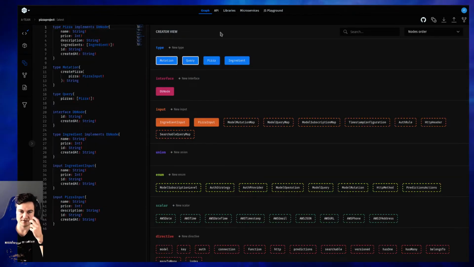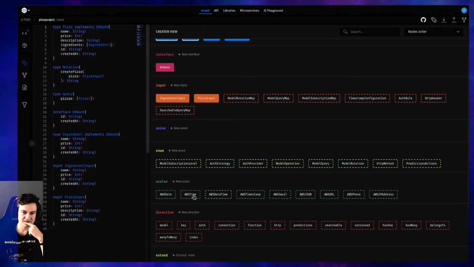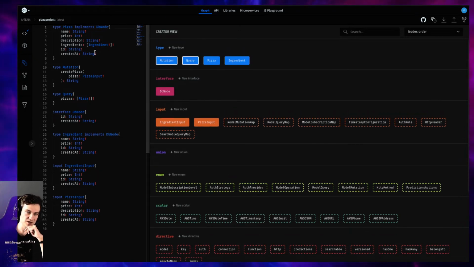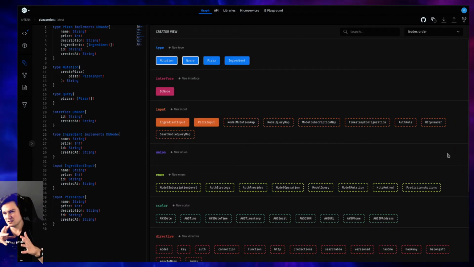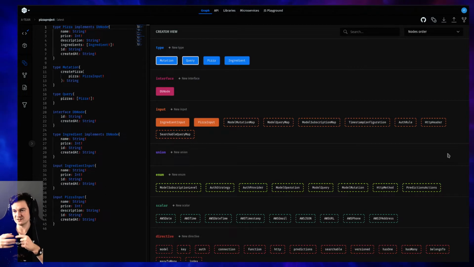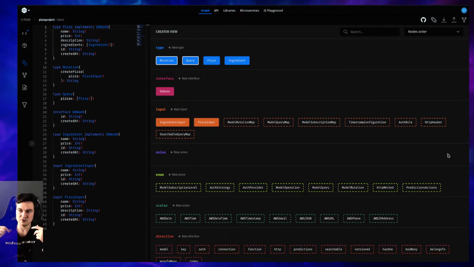Let me move to graph. As you can see, there are many nodes with dashed lines. What does it mean? They are not the main schema. They're just stitched. Why did we do it this way? Because all those providers did it the wrong way. They provide all those directive libraries, but they do not require definitions inside the schema.